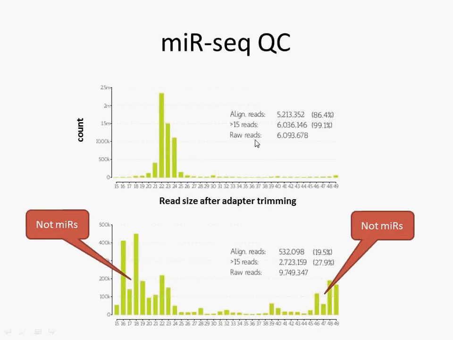And we compare the number of raw reads that were generated in the experiment. This is just a sequencer calibration issue. To the reads that have a size above 15 base pairs, which would be a function of how good the RNA is. And then out of these reads represented here in the histogram that are above size 15,